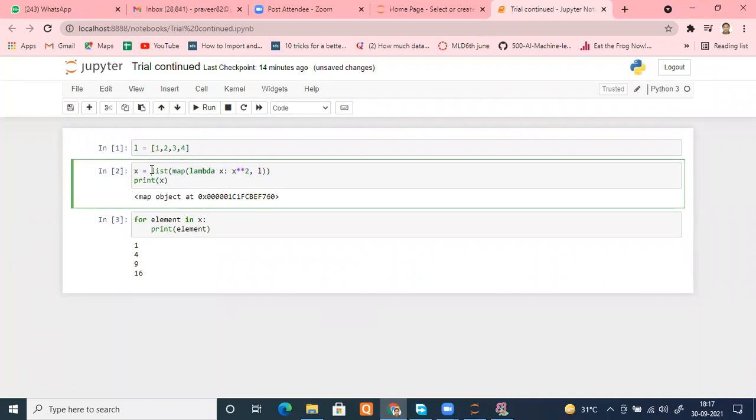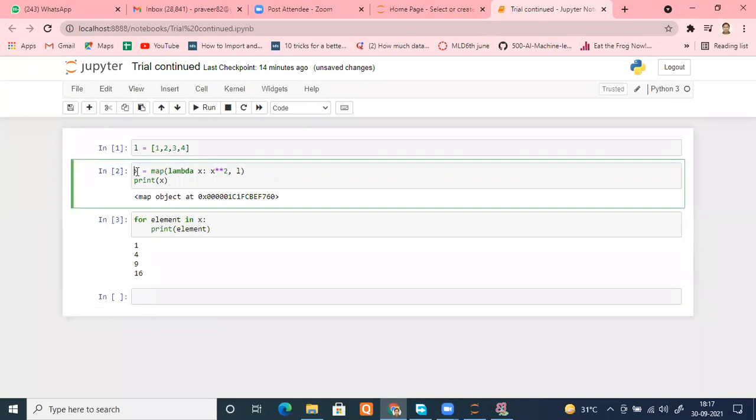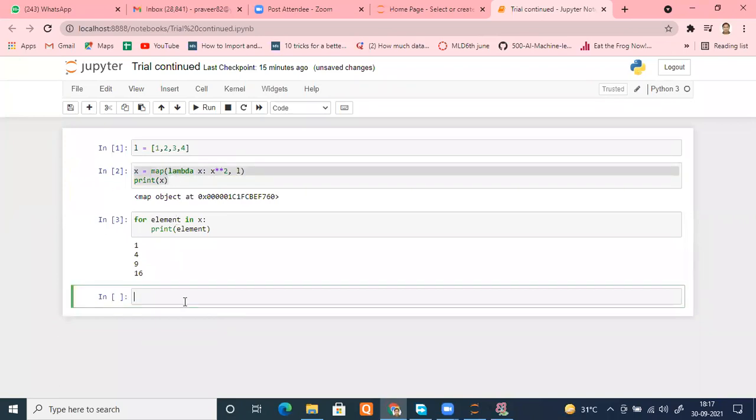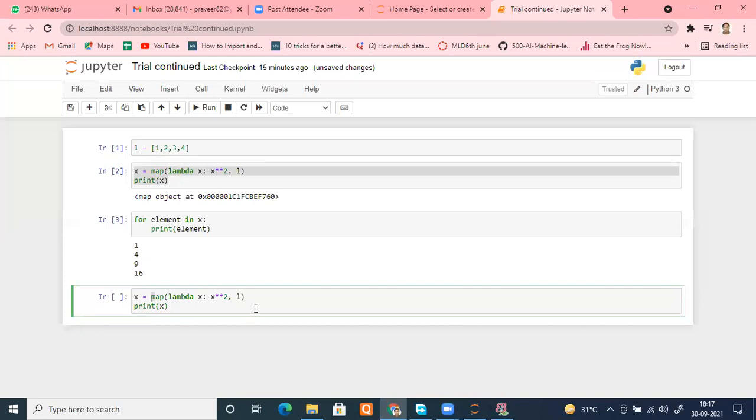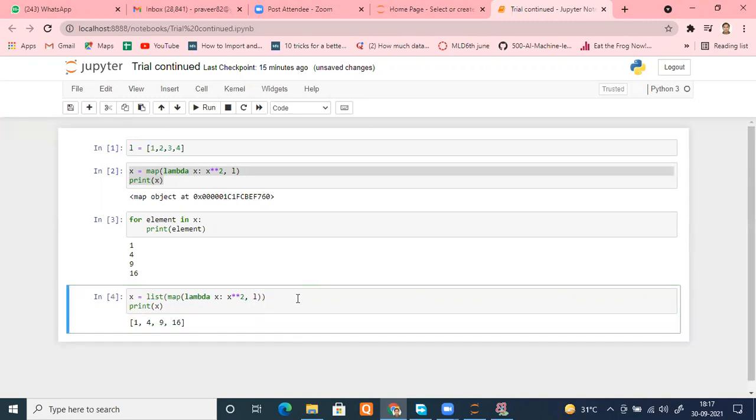Instead of typing here, better I show you another place so that when you are revising, you can understand what is happening. So I'm copying the same code here, but this time instead of using x directly, I'm putting list. It's not mandatory to use list. You can make a tuple as well. Just type tuple. It's up to you. Let me run this. Now see, x has become a list, and once it has become a list, you can use it the way you like.